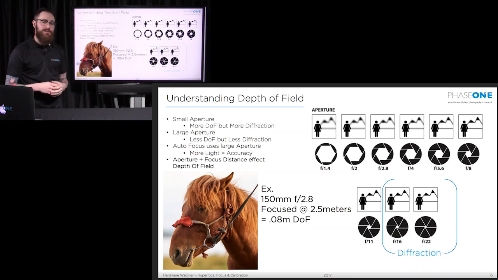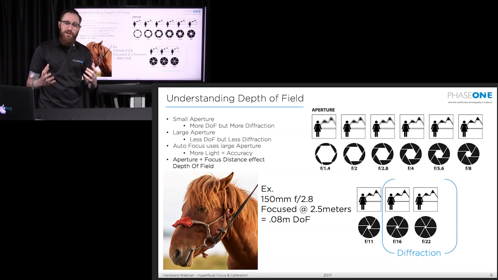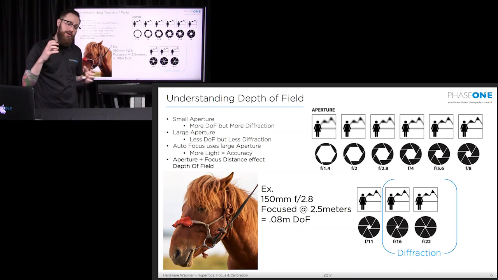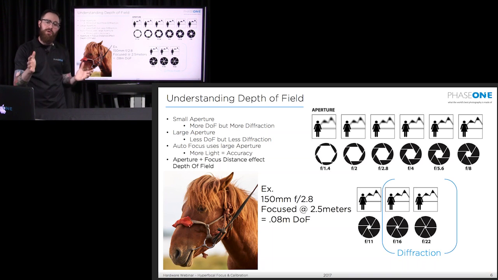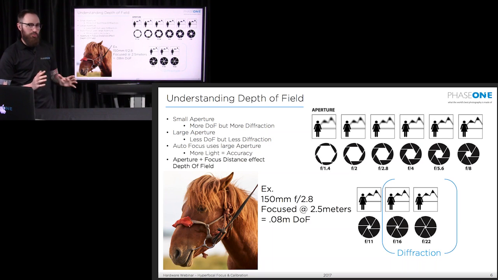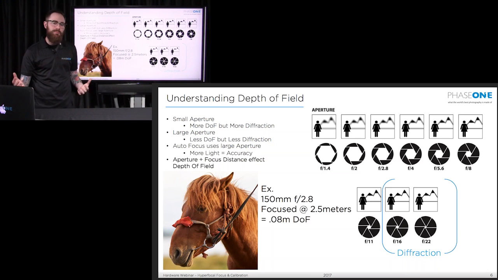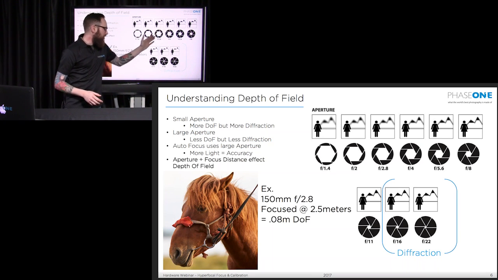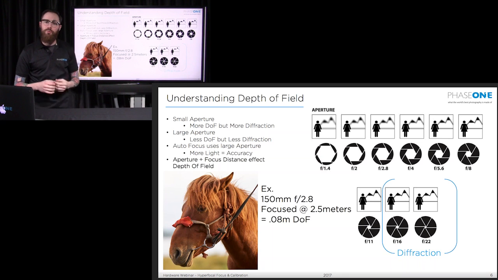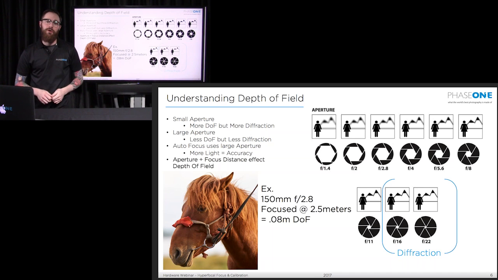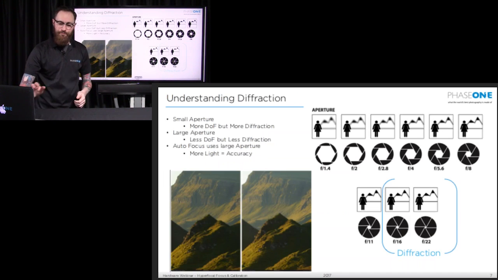It's not a missed focus. It's not a broken camera. It's not a manufacturing defect. It is a result of high resolution and that image going through a very small opening and being projected onto a high resolution digital back. So just to point out the emphasis again on depth of field, if you're looking for maximum depth of field without introducing diffraction, you're going to be looking somewhere in between the f8 and f11 range for almost all of the Phase One products, from the 60 megapixel digital backs up to the 101 megapixel digital backs.